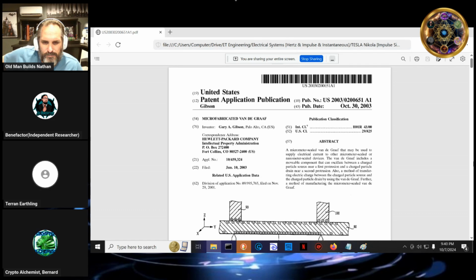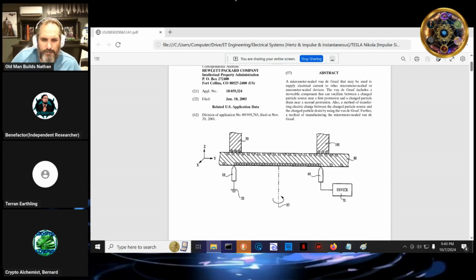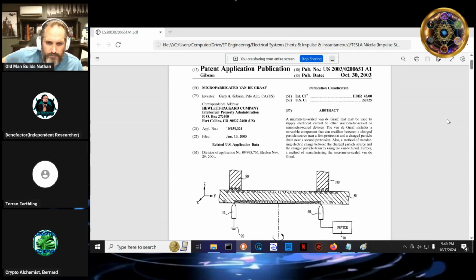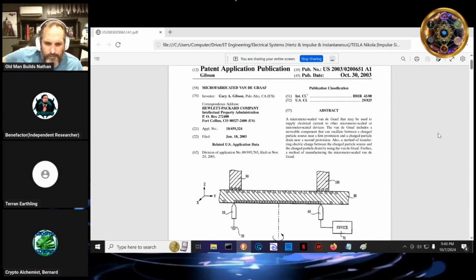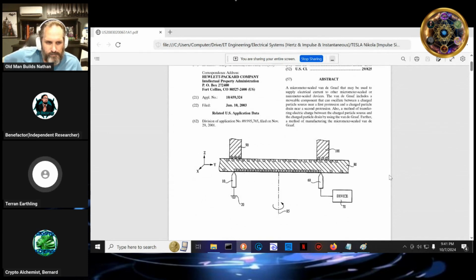Microfabricated Van de Graaff generators. Okay. Van de Graaff generators from one person's perspective that shared it. And I do believe the guy because he shows all the different examples of levitation in videos from the late 20th century, the 1990s. I believe that's when he did the videos, or maybe it could have been the early 2000s. But he's from Australia and he released patents, but he claimed that from the spark gap